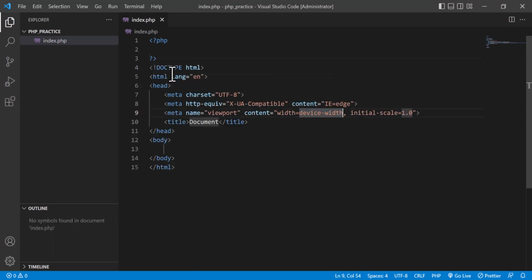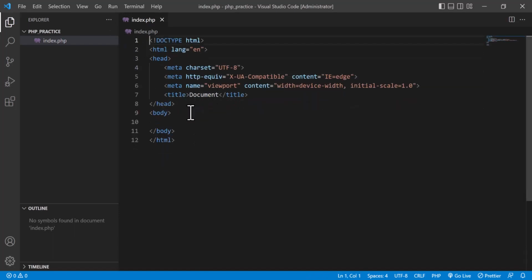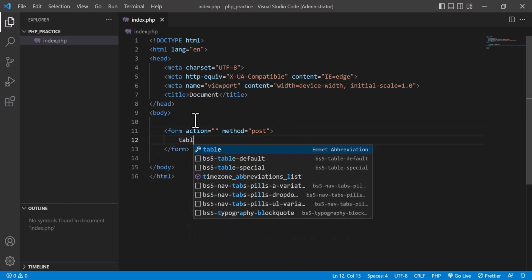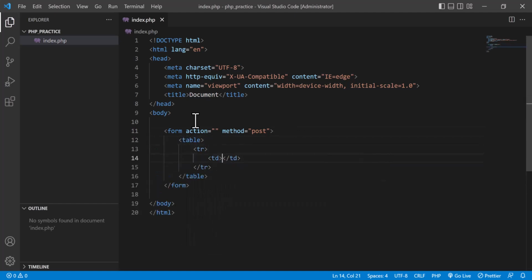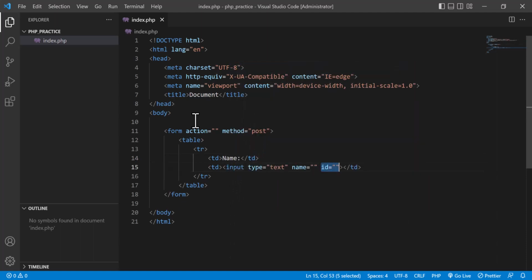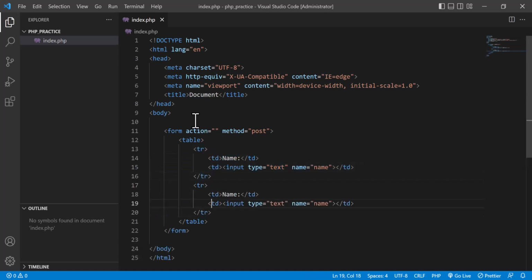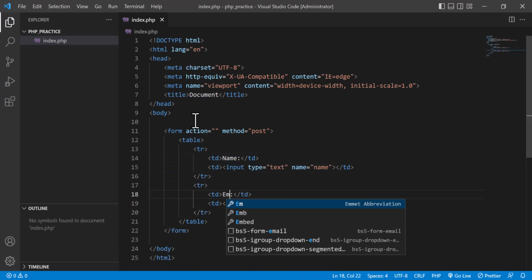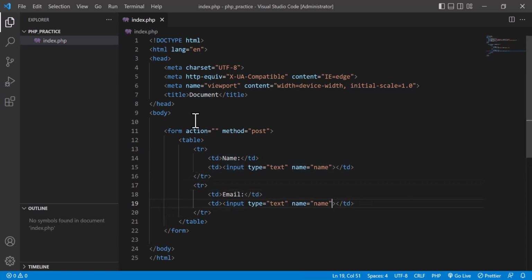I am going to the HTML. I am going to create a form here in the HTML, that is form post. So this is a form, so table tr td, and here I am going to create a form. For example, this form is name, and here I am going to give an input type text. Here the name will be, for example, name. Another one I am going to copy, and the second one is, for example, email. So here the name will be email,